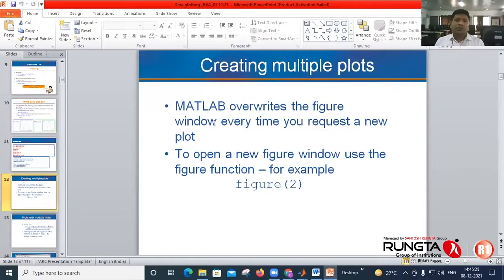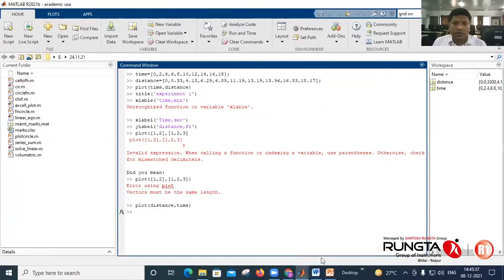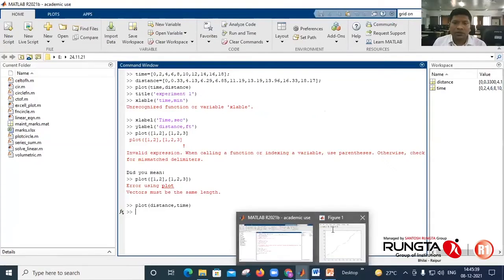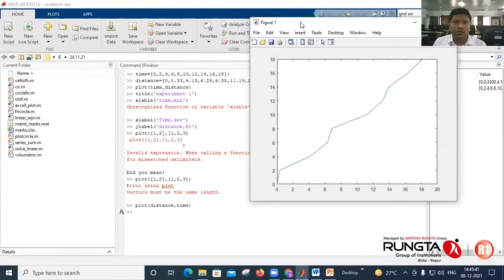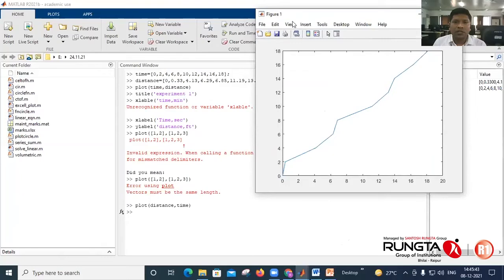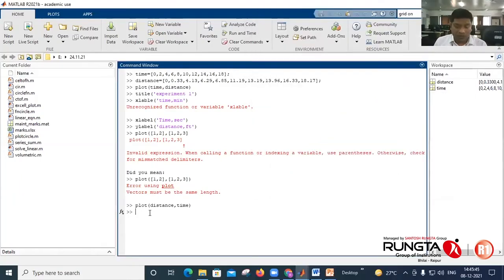So to create a new figure or new plot, you have to type figure 2. Again, we'll see how this is done in MATLAB. Now our figure 1 is active. If you want another graph, type figure, and for the second figure, enter.